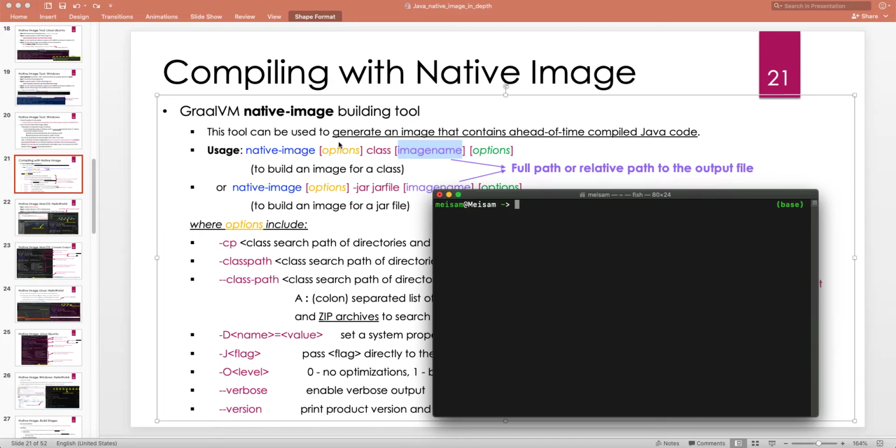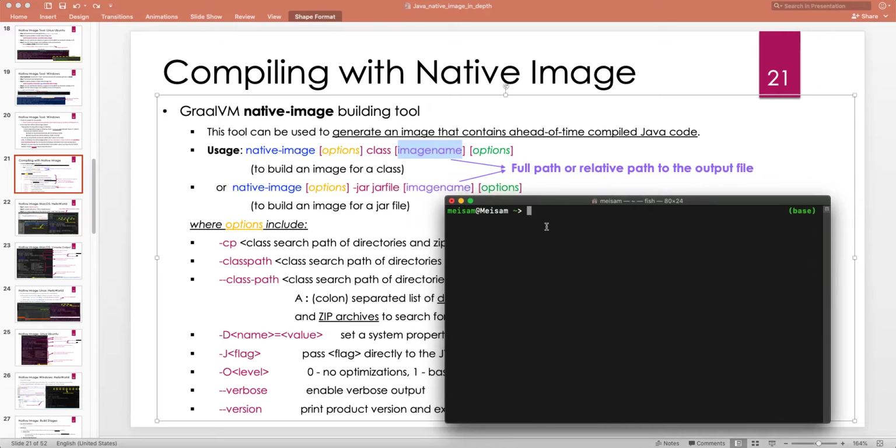Now, one of the main options here for native-image, as I mentioned, is the class path, right? That's the most important parameter when you deal with any Java application. Same with native-image. In order to compile the main class, obviously if your main class has dependencies on other classes, other types, then native-image should be able to find all those classes, right? Remember, native-image is not a Java compiler. It's a compiler that takes all the class files necessary for running your Java application and builds a native image,